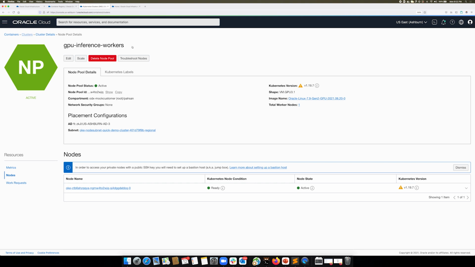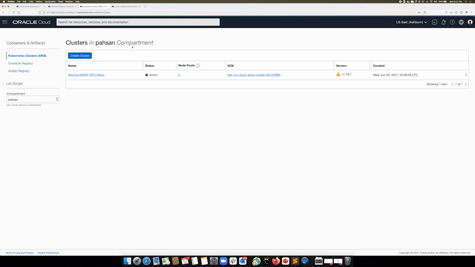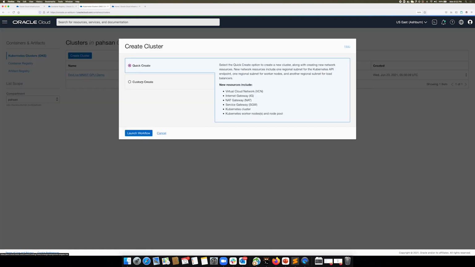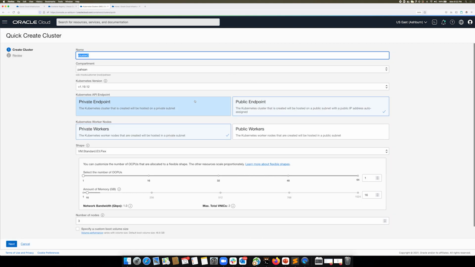Over here, I have a pre-created Kubernetes cluster. And I'm just going to very quickly walk you through what it looks like to create a Kubernetes cluster. Like I mentioned before, we have a quick create option that's pretty straightforward and pretty easy to use. This quick create option actually goes and creates all of the resources that you need to get your cluster up and running for you. So if I go to launch workflow here, it'll take us to a screen,